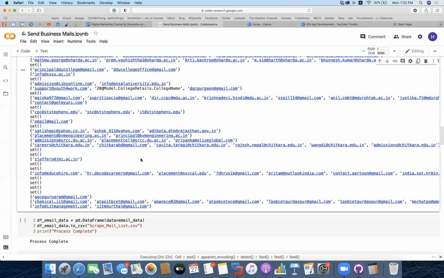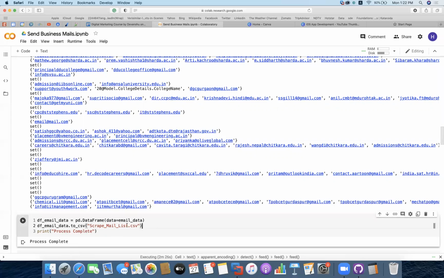Then you can see what I have done: depending on the extraction, I have exported it to a scrape mail list.csv. So it's going to give me a CSV file in return.